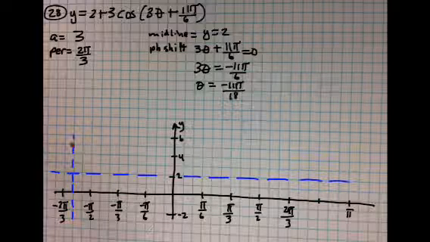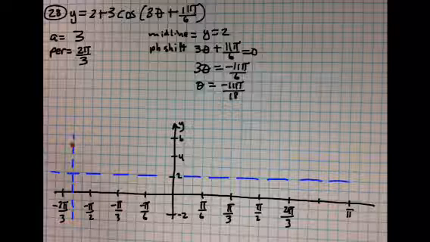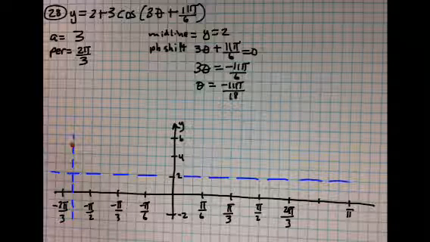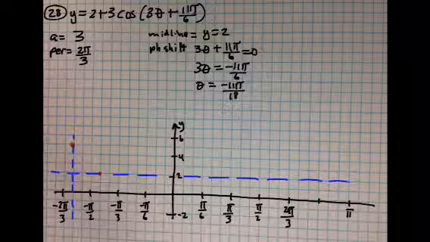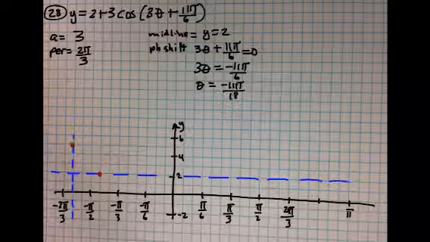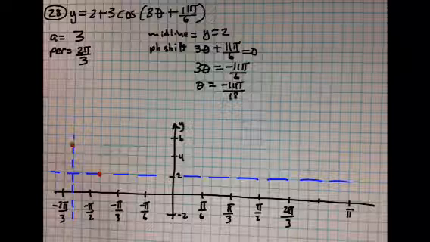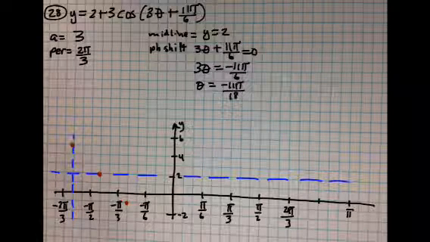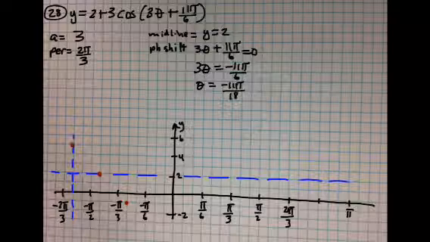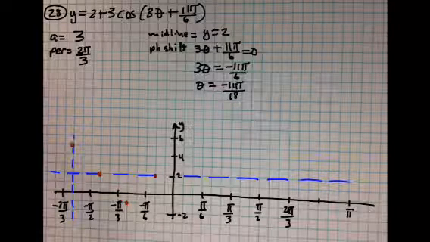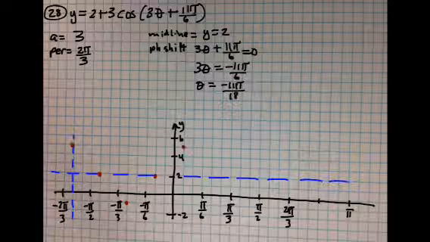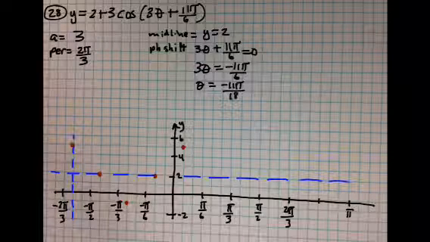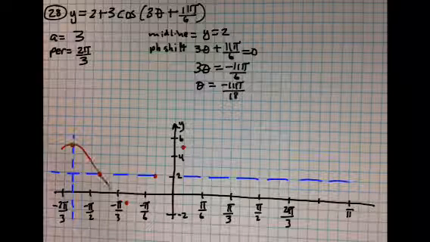3 spaces over, because the 3 spaces is the tick mark, right? So 3 spaces over, 1, 2, 3, that's going to be the 0. Then 3 spaces from that, 1, 2, 3, it's going to go down 3, right here. 3 spaces over, it's going to go back to 0. And then 3 spaces over, it's going to go to positive 5 again. Okay, so there are the 5 points. Connect them for the period,